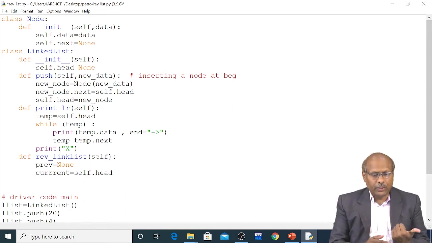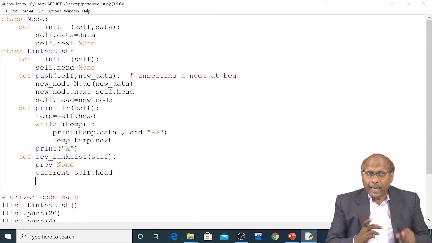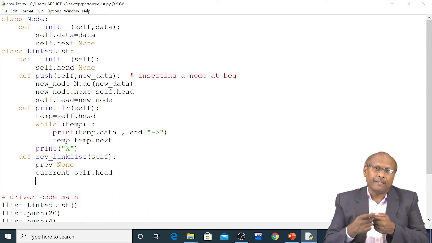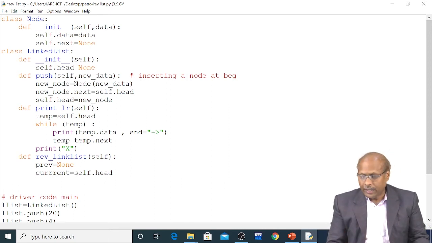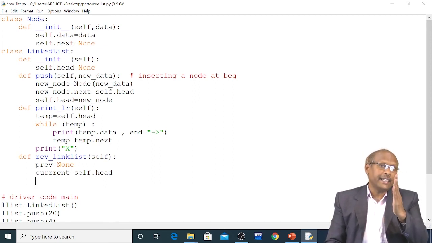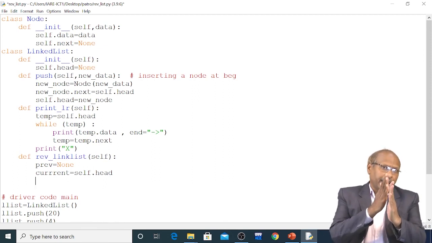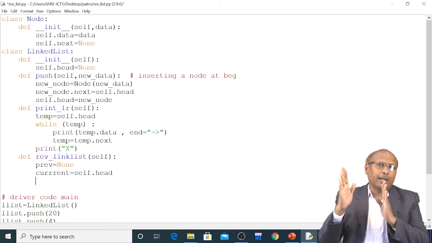So I know the previous pointer as well as my current address. Now I should repeat the process till the end. I will start from current till the end. I should go until current is not None. Now current is at the head. Now current should keep moving till the end. Whenever it becomes null, I have to stop.